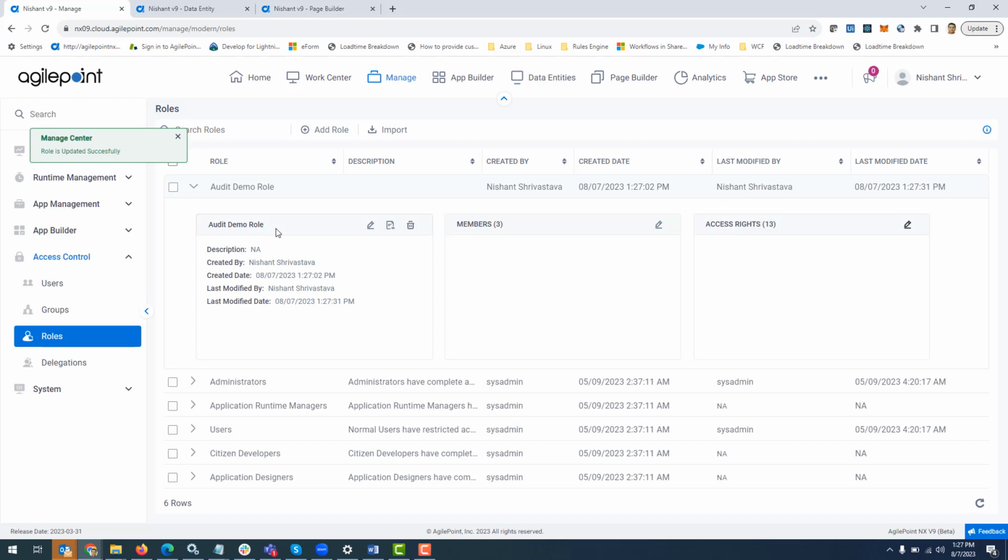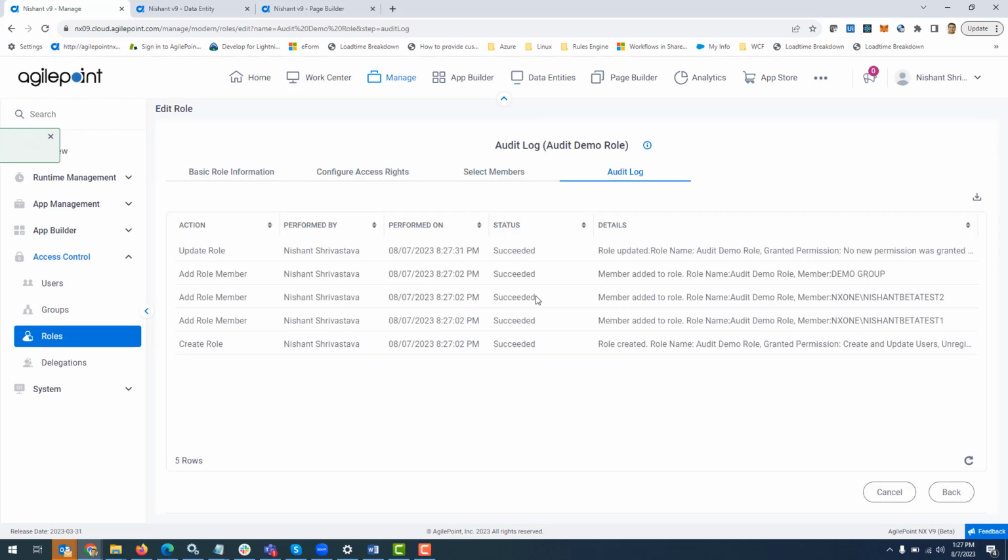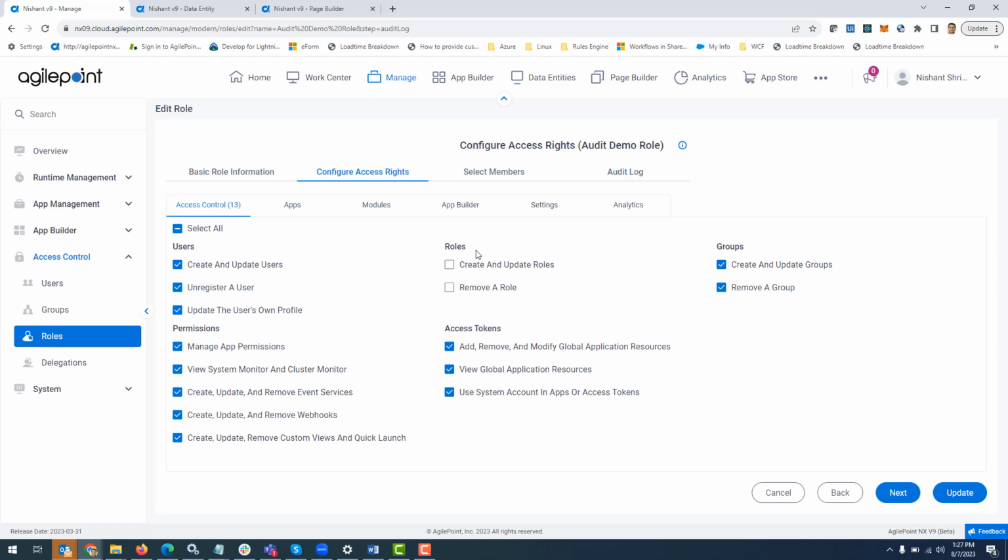And if I go back to the audit window, you can see the role has been updated, and if I hover over this statement, it will tell me which permissions were granted or removed. Create and update roles and remove a role permission were removed, which is what I changed over here, if you remember, these 2 permissions. So it is tracking individual permission changes as well to give you a total level of